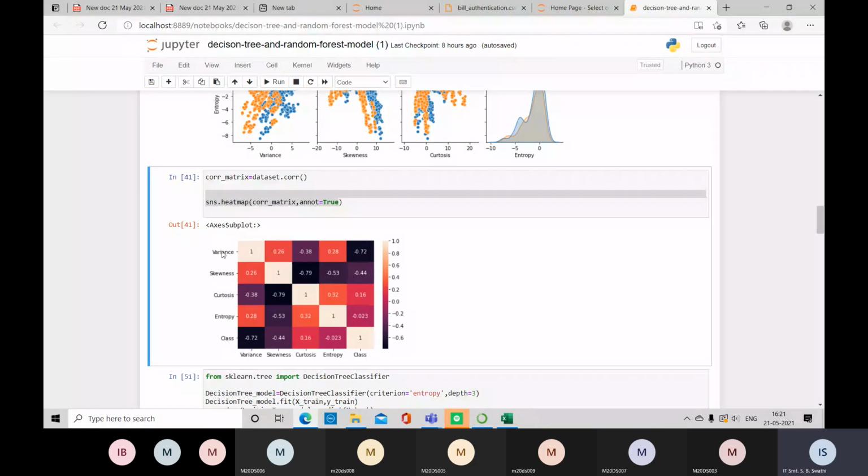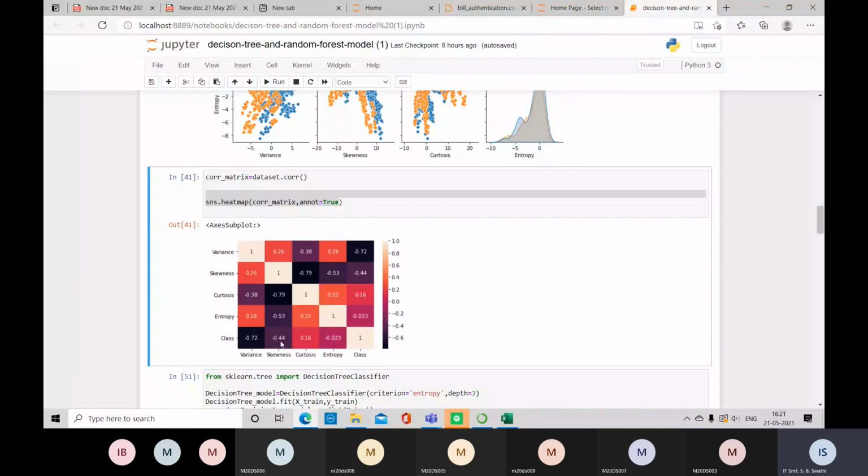Variance with variance, you won't find much difference in the rows of data. Minus 0.6 is black. The most black, that is minus 0.72, minus 0.09. These are low coefficient, low correlation attributes. Like skewness is minus 0.7, column is skewness, row is kurtosis.